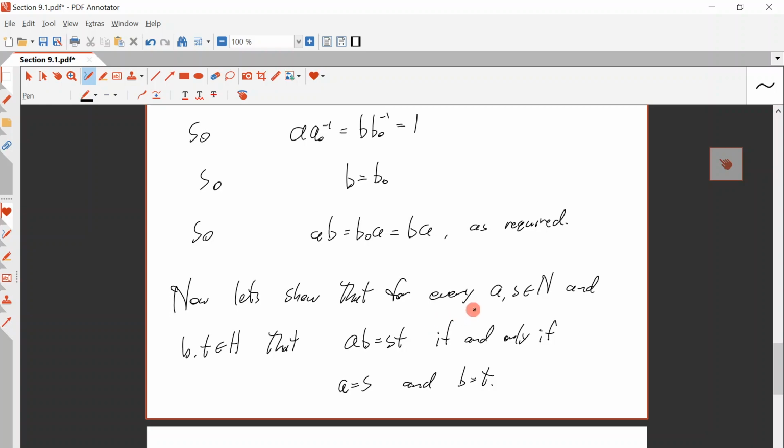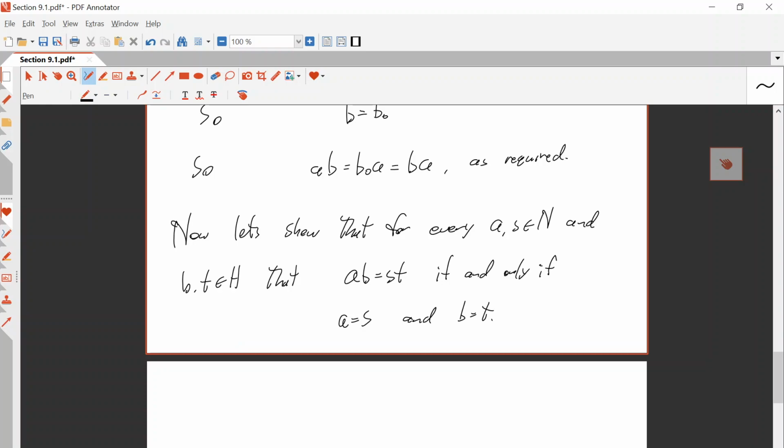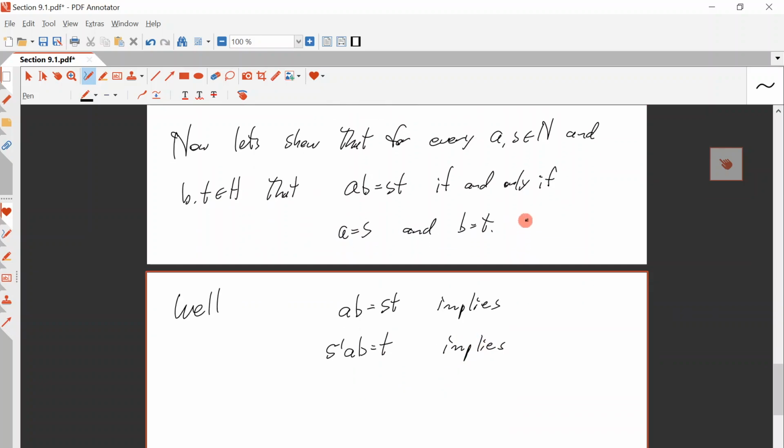Okay, so let's show that for every A and S in N, and B and T in H, AB is equal to ST if and only if A is equal to S and B is equal to T. Okay, well, AB equal to ST implies, right, put S inverse over here, and then B inverse is over here, or TB inverse,